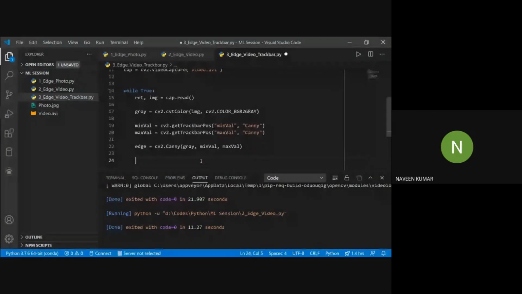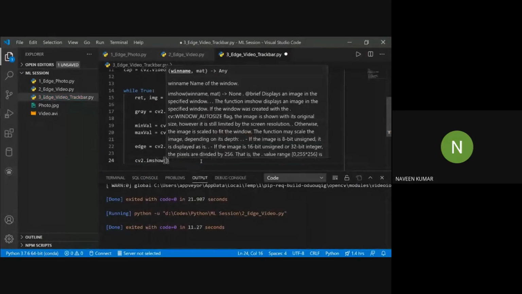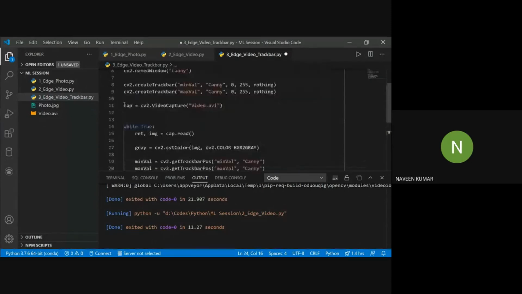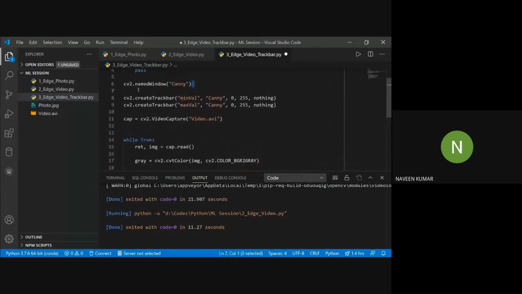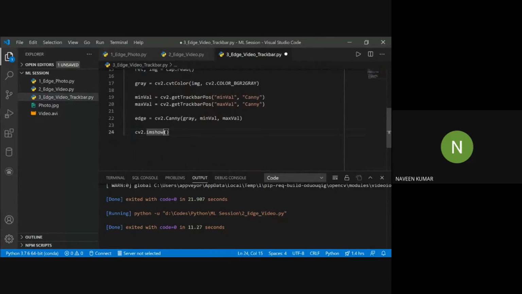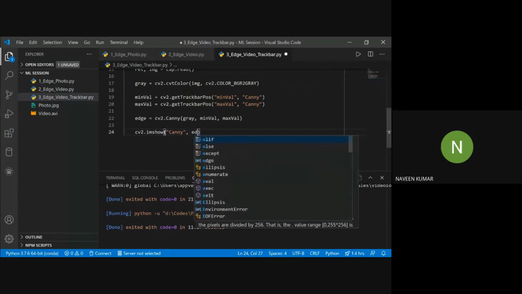Now we will show frames using imshow, and we also want to show this in the same window. So we have already created this Canny named window, so we will place this also in that window. We will call Canny, and the image to be shown is edges.